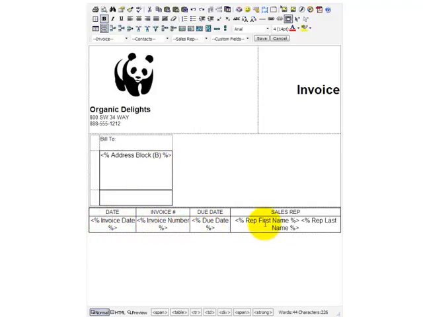All of these fields are merge fields, and these merge fields will pull the data from the database based on the stored contract, the stored invoice information, and it will actually populate and pull into here. Let's say, for example, in the bill to block, you want to have the address block, and let's say, for example, you want to also include here, if it exists, the advertising agency's company. So we can put a label for this field, Ad Agency, and then let's give a couple of spaces, and